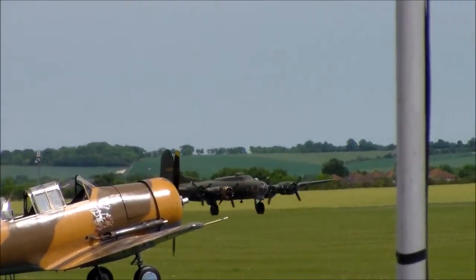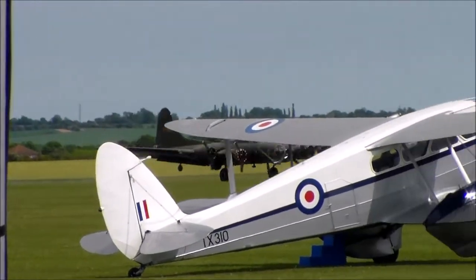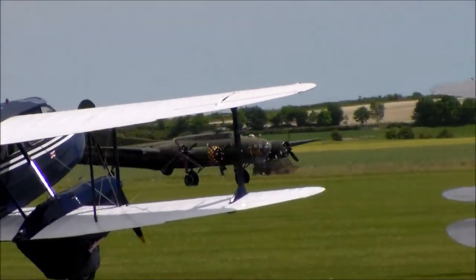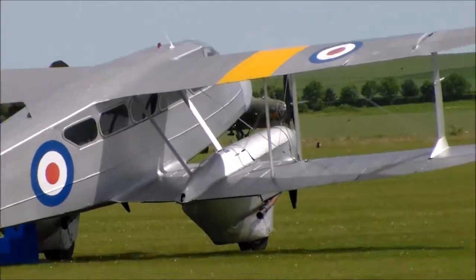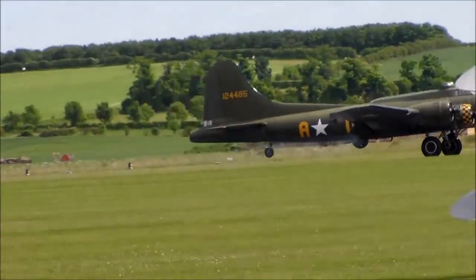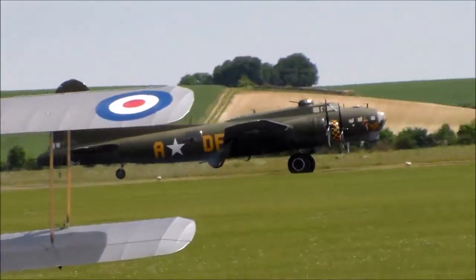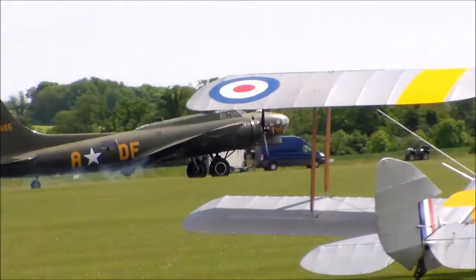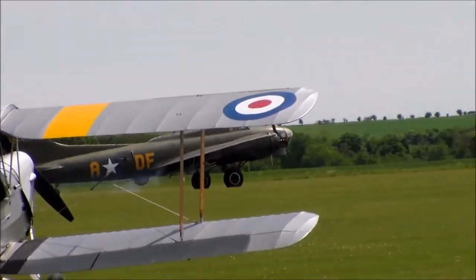Well, we were dodging flak and fighters, so we didn't have too much time to really think about what we were encountering. But it was dangerous. Of course, it was dangerous. Every mission was dangerous. Every takeoff was dangerous. We'd take off when it was so foggy you couldn't hardly see your wingtips, and you were rendezvousing up there with...